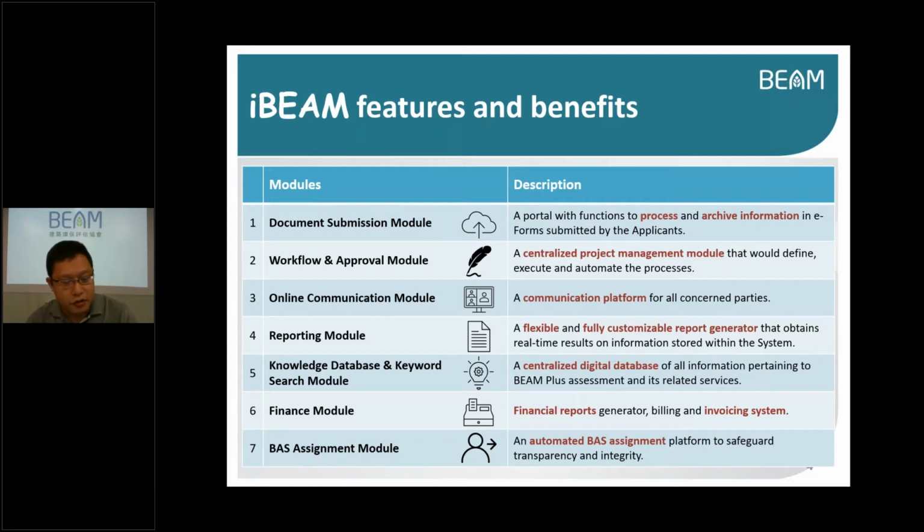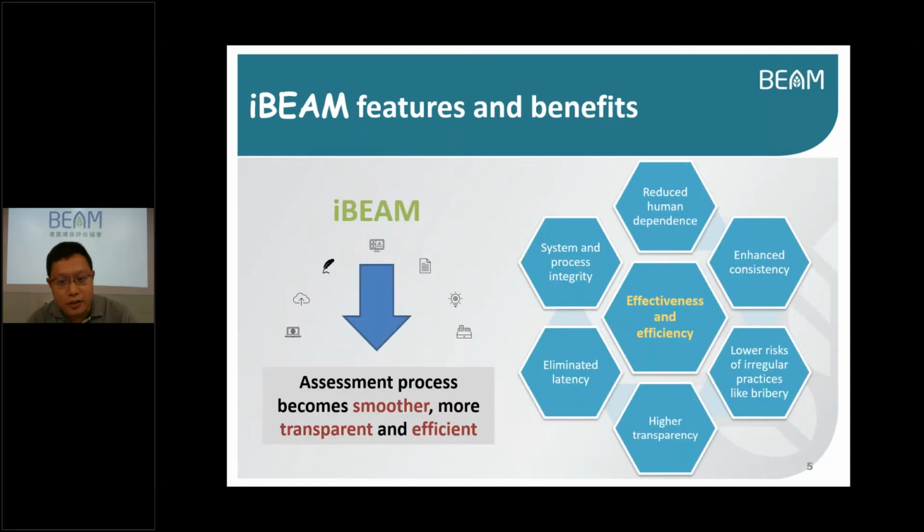So for these 7 modules, you could think of it as like a bank. So going to the bank, you have one counter depositing your money, one counter maybe for investment, one counter you can buy insurance products, and one counter you can open an account, so on and so forth. So this iBEAM is pretty much like a bank, or maybe an online bank, and you could use this system to do different options, different variation of options online to help you expedite the assessment. So it's really, an iBEAM is really an assessment process becoming smoother, more transparent, and more efficient